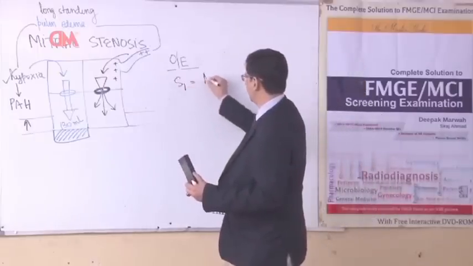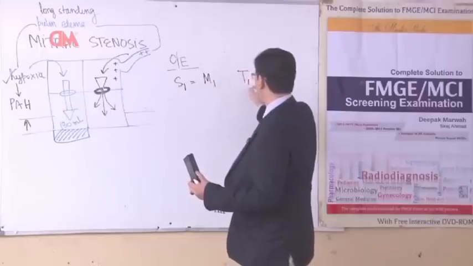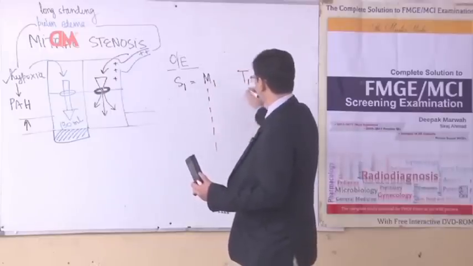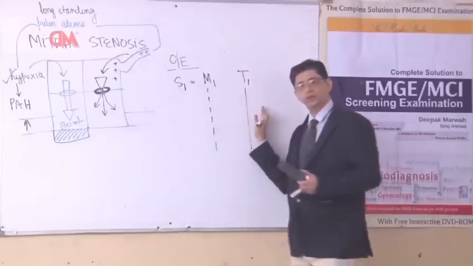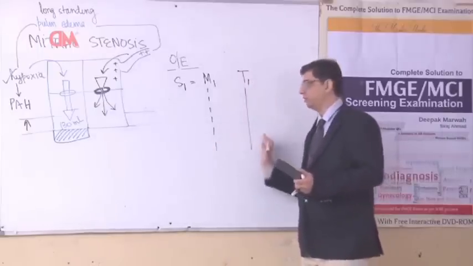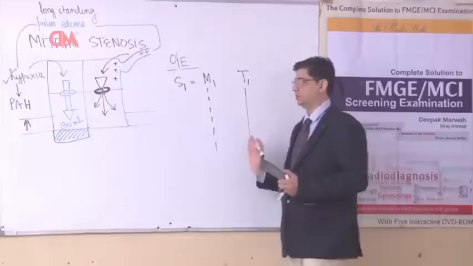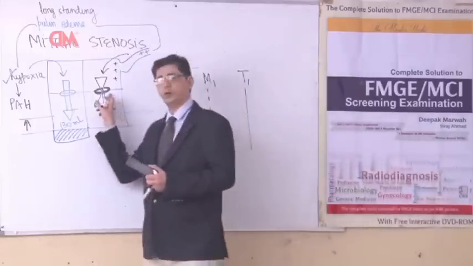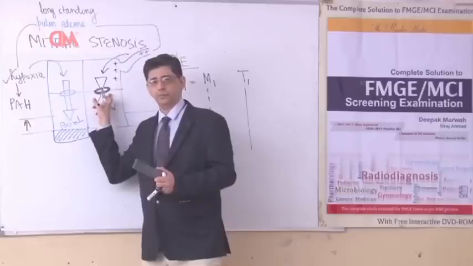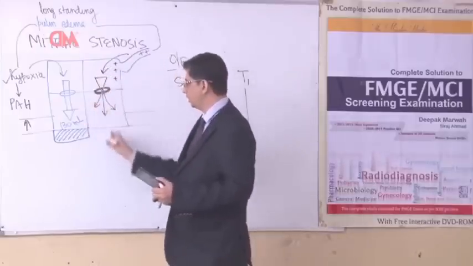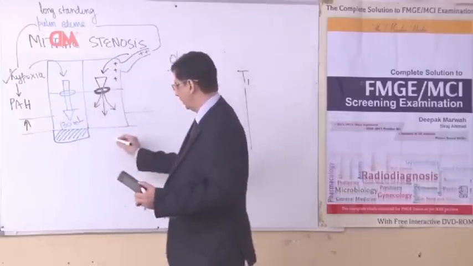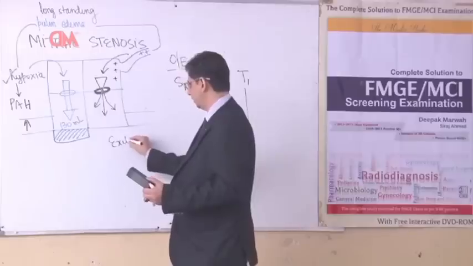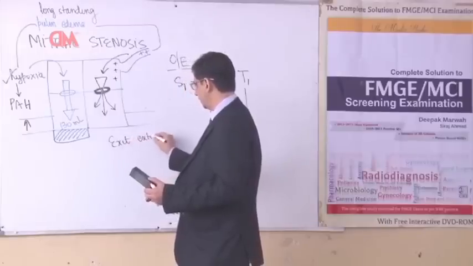First heart sound will be characterized by mitral and tricuspid valve closure. First the mitral valve closes, then the tricuspid valve closes. In a patient who has mitral stenosis, because there's an obstruction present here, the blood will take more time to travel through this area. So I'm writing here that in mitral stenosis, exit of blood will take extra time.